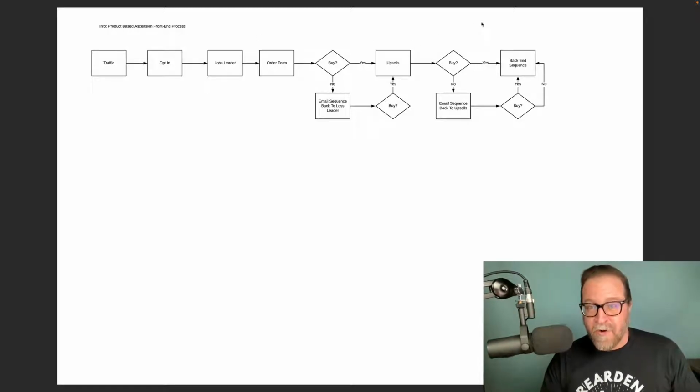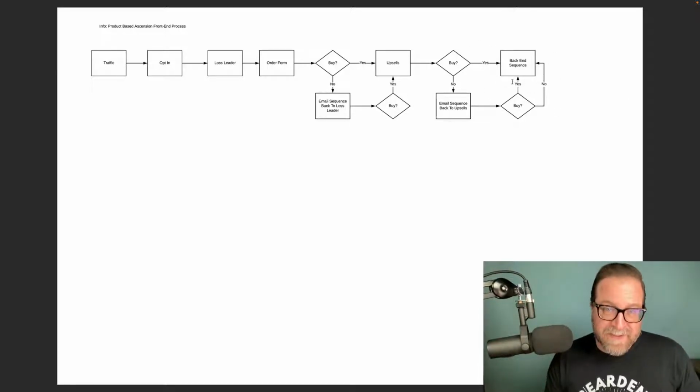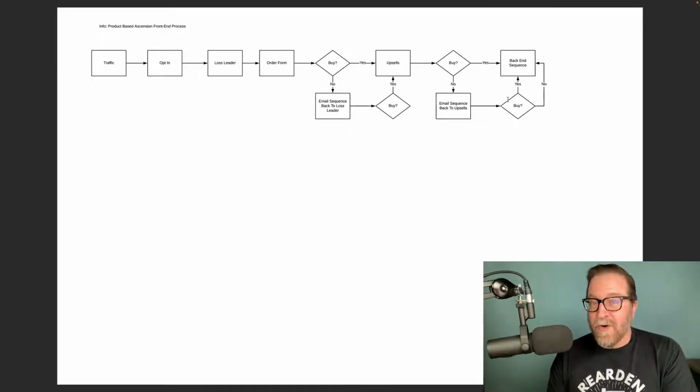right? So if I had a marker, which I don't, but like imagine where my mouse is moving right here, we just covered like this, everything from here over. But what about this area that I'm circling right here? That would be the back end sequence. This is the sell them something else part, all right? So what you saw was something called a